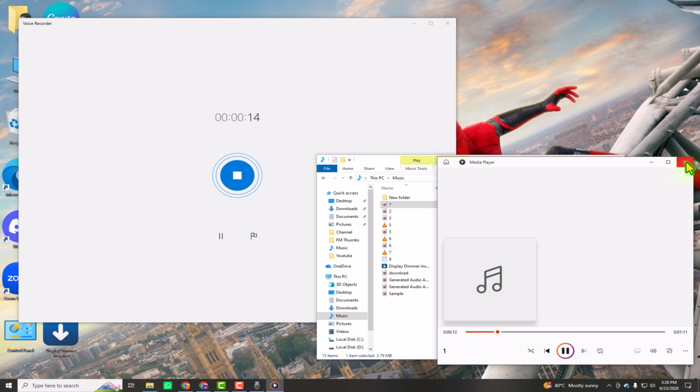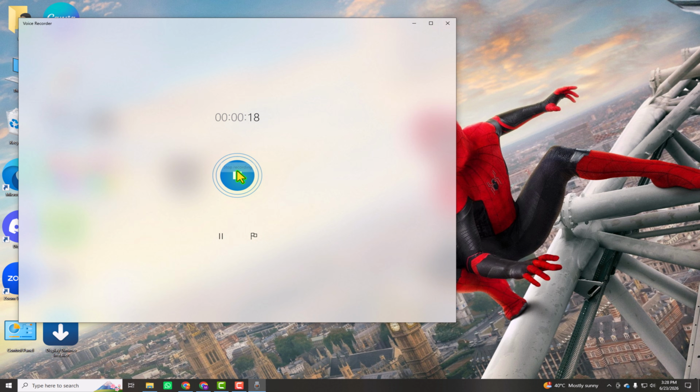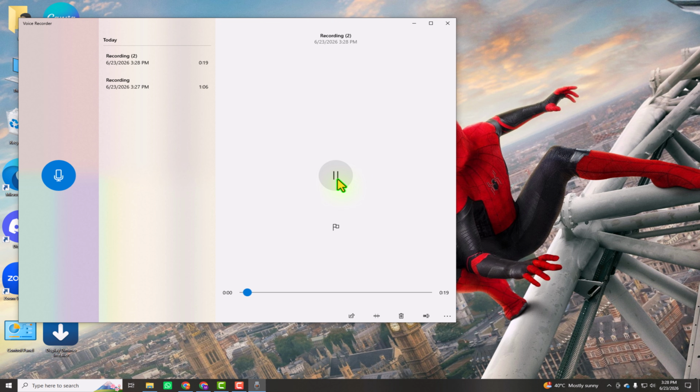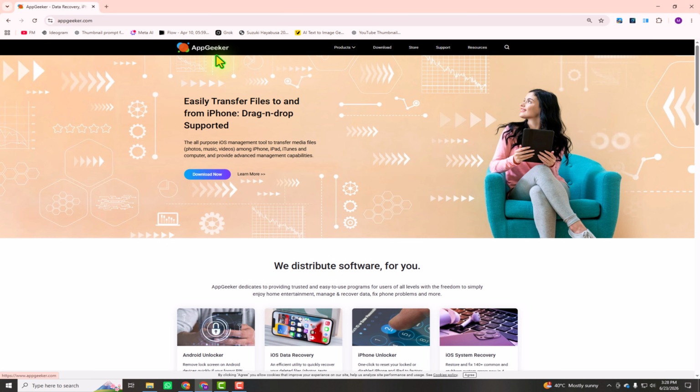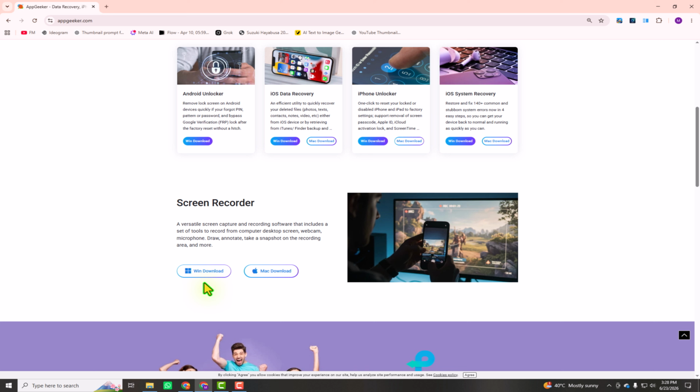While this method works without installing any additional software, it requires you to enable and disable Stereo Mix whenever you switch between recording system audio and your microphone. If you'd like a more convenient option, you can use AppGeeker Screen Recorder. This software allows you to record system audio and microphone audio separately or at the same time without changing your